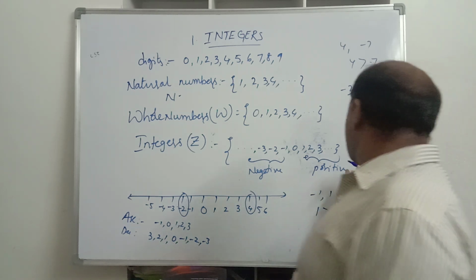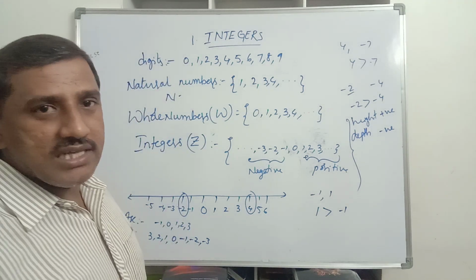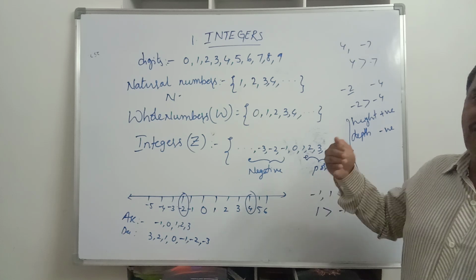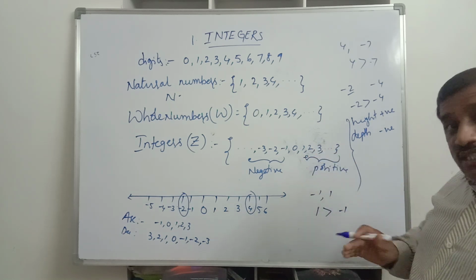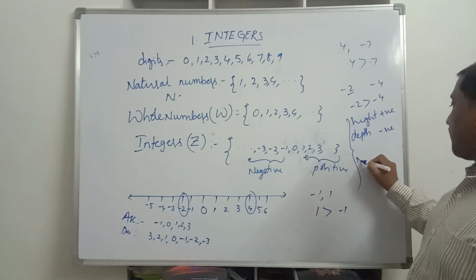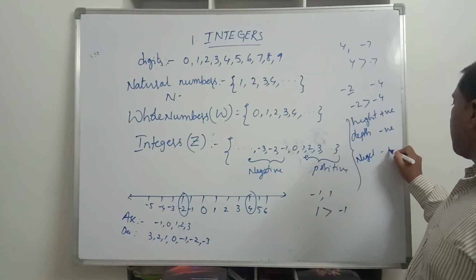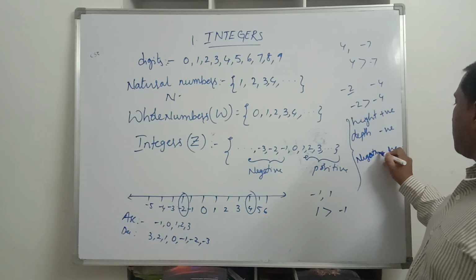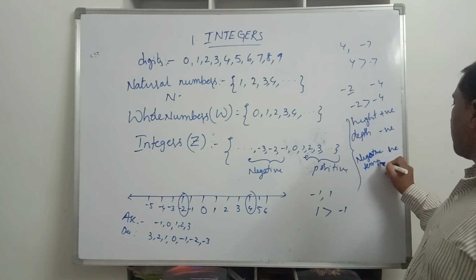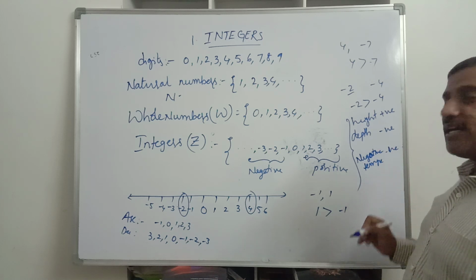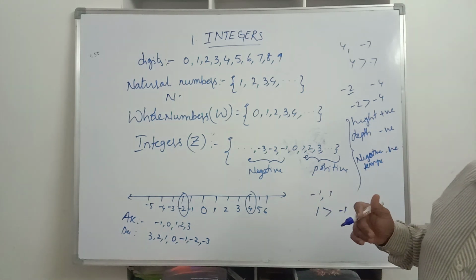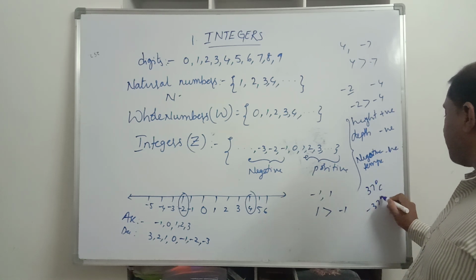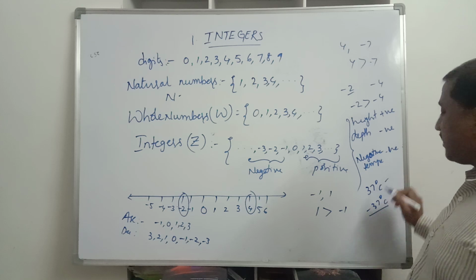Even with temperatures, in winter in some places we find negative temperatures, that is, less than 0 degrees. Negative temperatures we represent with negative integers, whereas positive temperatures we represent with positive integers, like 37 degrees Celsius and -37 degrees Celsius. One is a positive integer and the other is a negative integer.